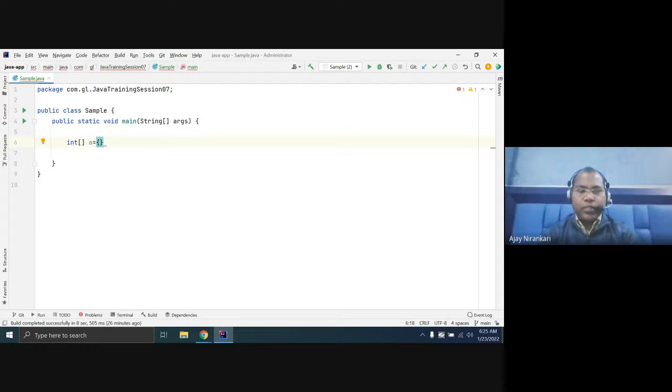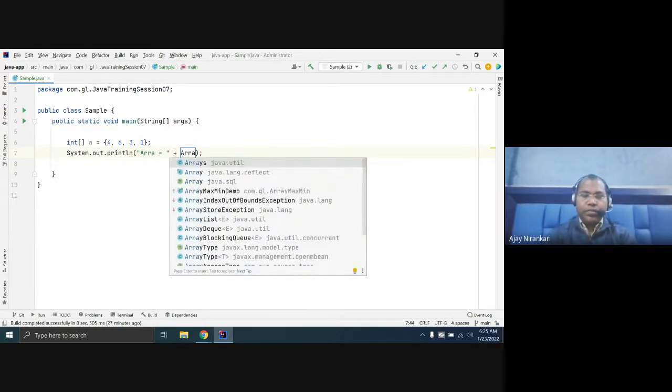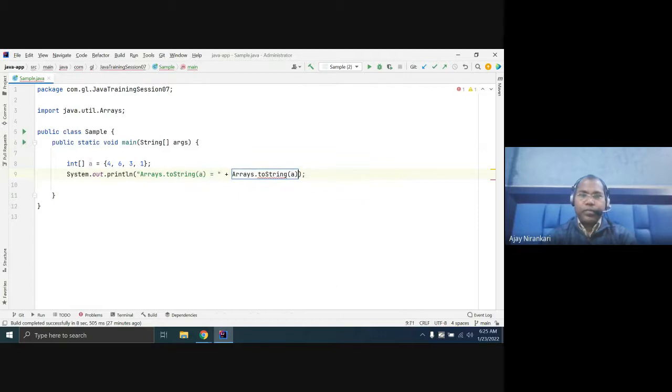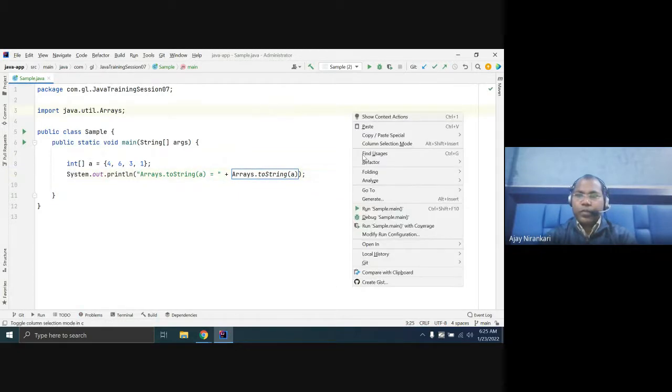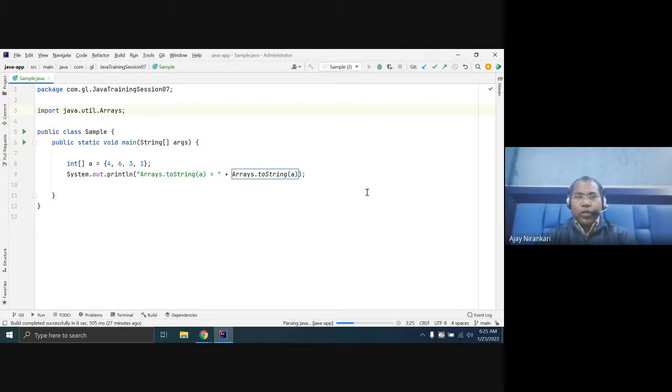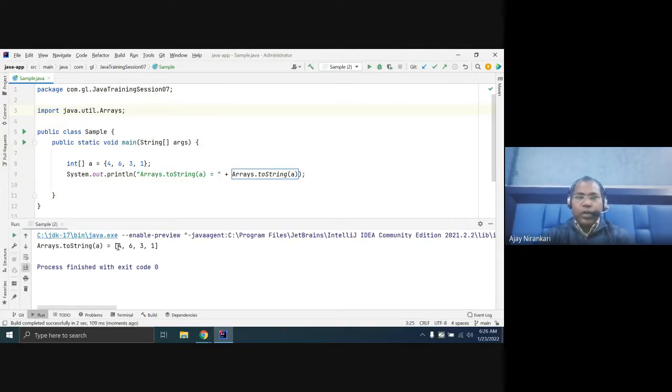Yes. So let us take any numbers, like this way, and you want to remove or delete the element. If you just print out,